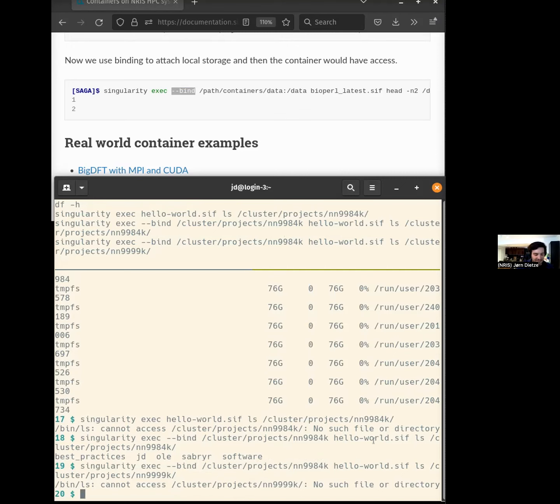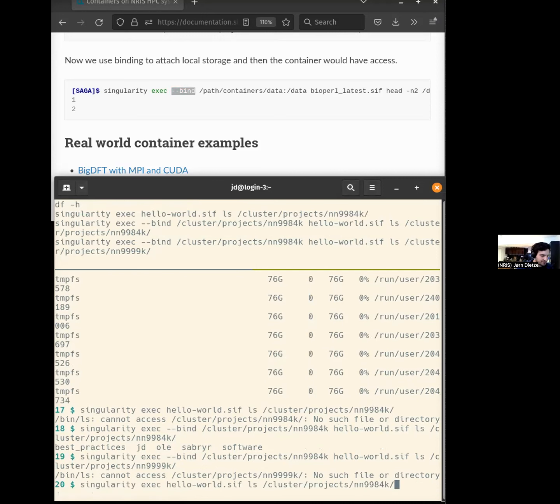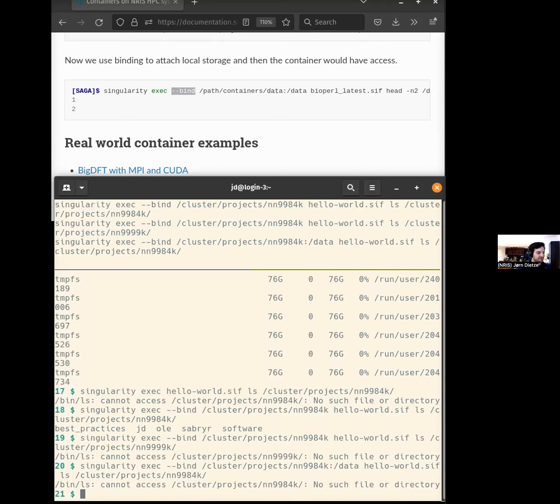But sometimes, instead of having these long file names, you may want to rebind it to another name. So maybe I just want to bind this as /data because my input data is in this folder. Just try now. I can show you what happens. So it won't work, because this folder is now not available under this name.